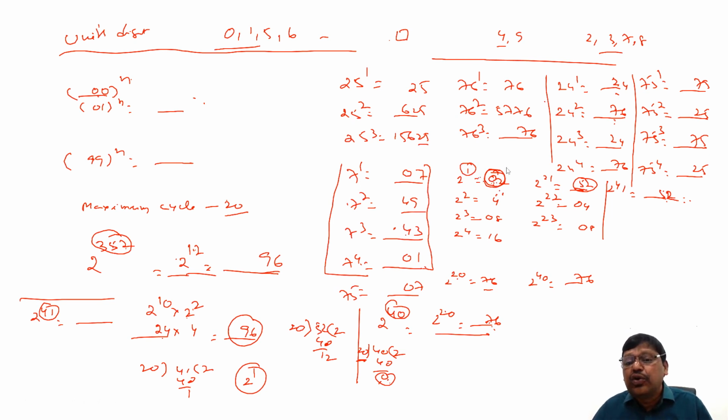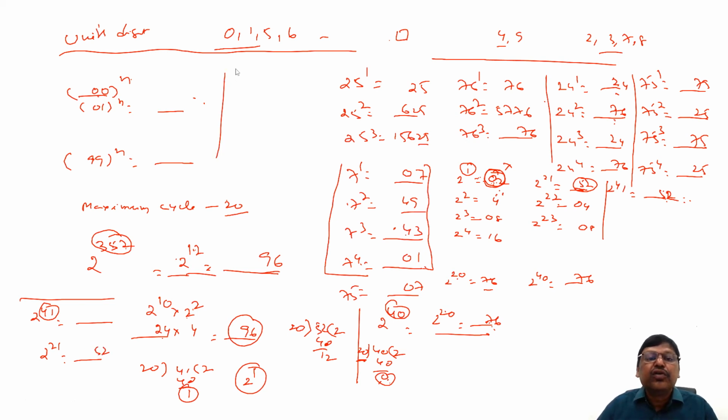Because this is the first power, you may have only a single digit like this. That is the reason, to avoid this kind of situation, for 2 power 1 we take the remainder as 20. If the remainder is 1, take the power as 21. So what is 2 power 21's last two places? We have just told you, 52. That is your answer. But how do we know if I don't calculate this?